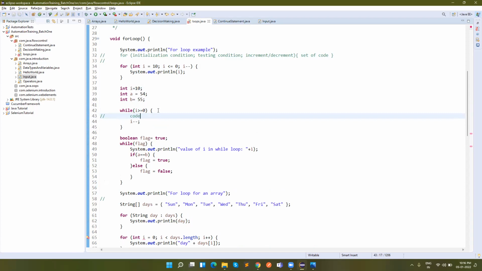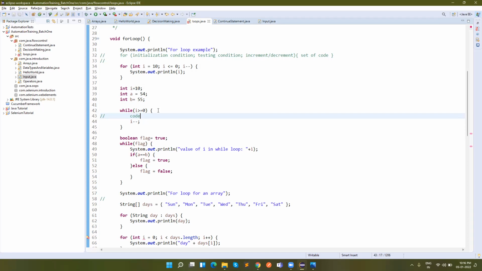So the main difference is that the for loop provides a very structural way of writing the loop structure. In the while loop, we have to write one line to initialize the variable, one more line for the condition, and one more line for the increment or decrement or updation of the variable used in the condition.